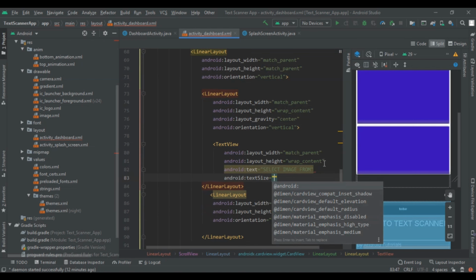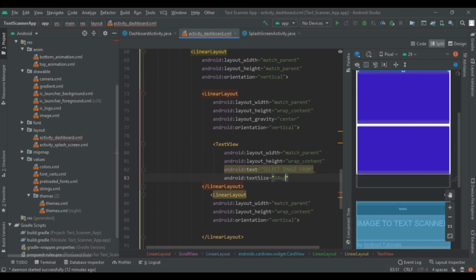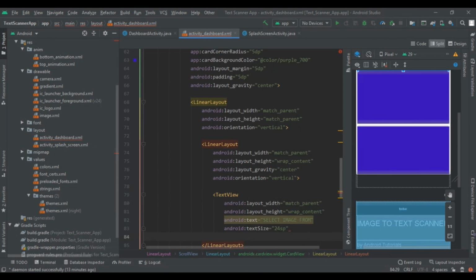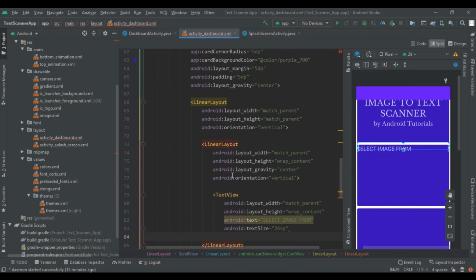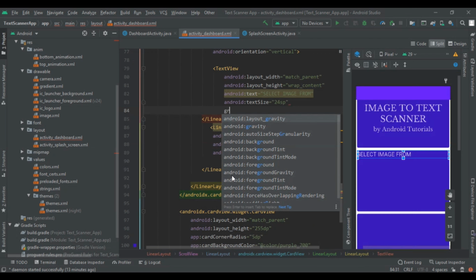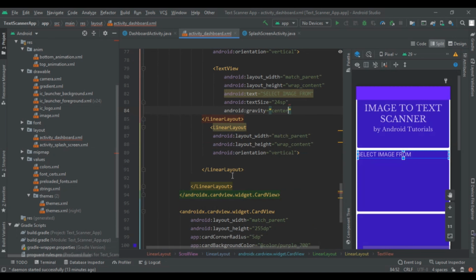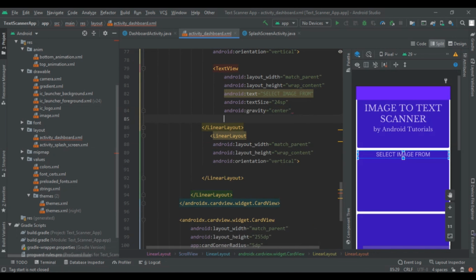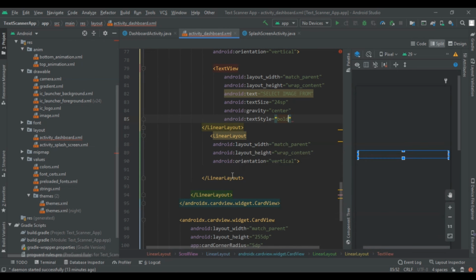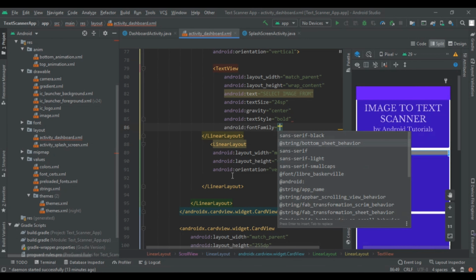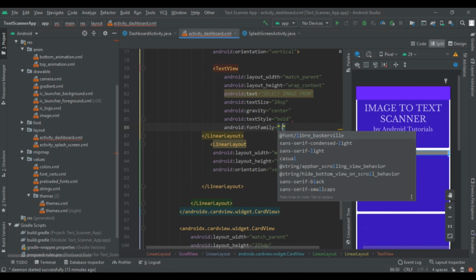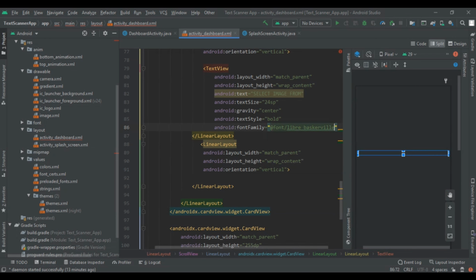So here I am using 24 sp. So give its gravity, so gravity is center, then apply text style is bold, and apply font family as you want. So here I am using this font family.